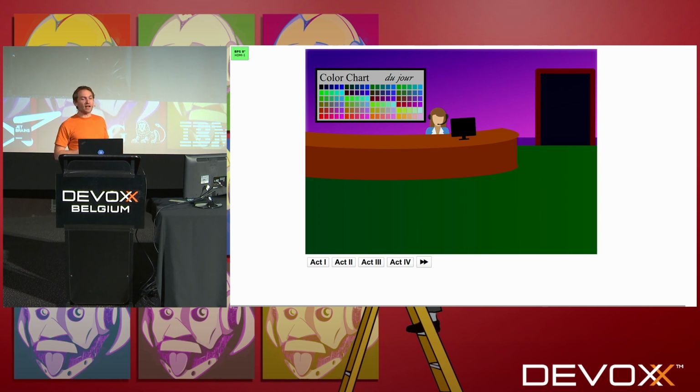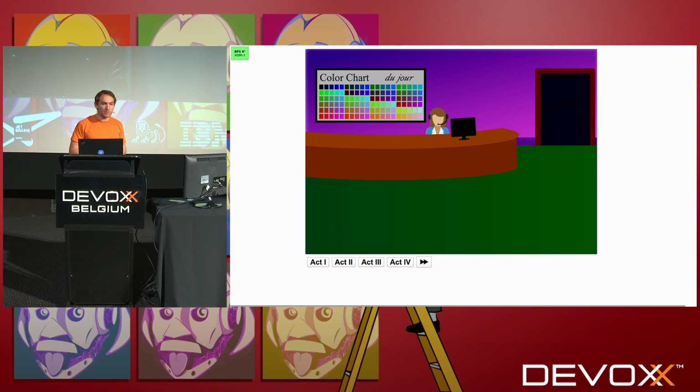This is a nightclub, and the receptionist has a Bloom filter. It's a color card which helps her remember the color of the clothes of the customers who have entered the nightclub today. So for each person that enters, she will check in the color card the color of their shirt and the color of their trousers and the color of their shoes. So let's watch what happens when customers come in.